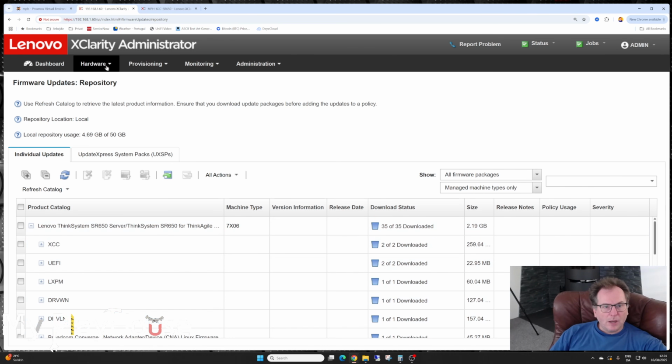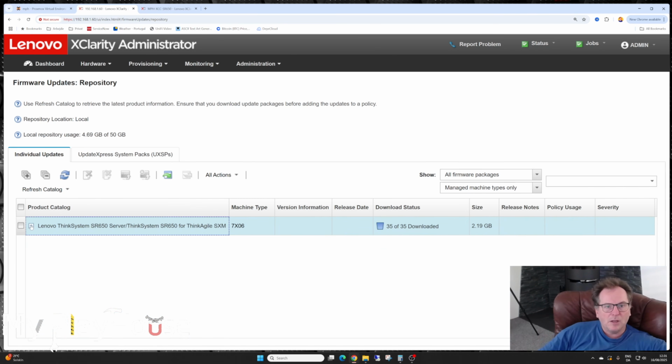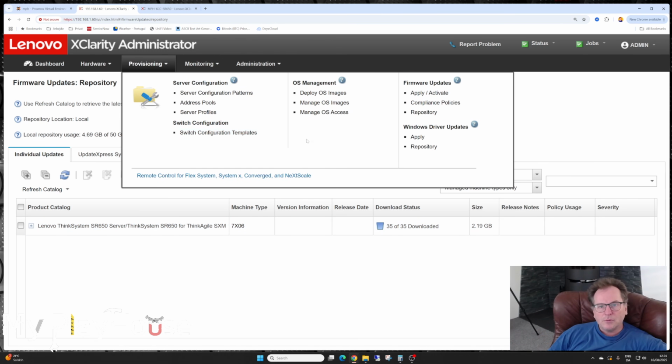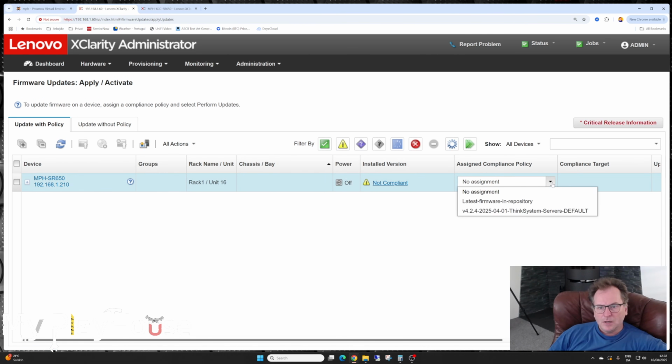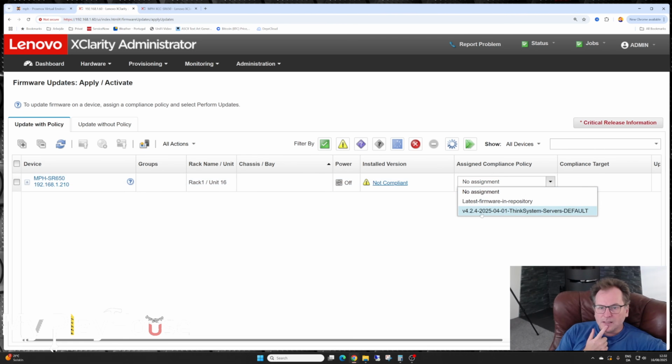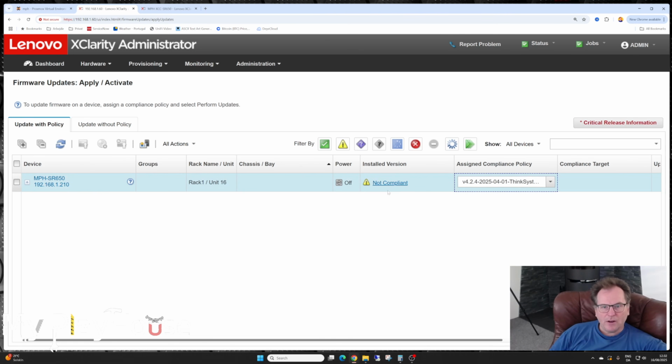So we should be able to go... We can minimize that, and we can go into this provisioning again, and then we can apply and activate there. And now we should be able to see a policy here, and that is the version 4.2.4 2025 for this machine. So right now nothing is assigned. When we have many of them, we can just pick the latest, but right now I think we should just pick that one, and it's going to say that we are not compliant,